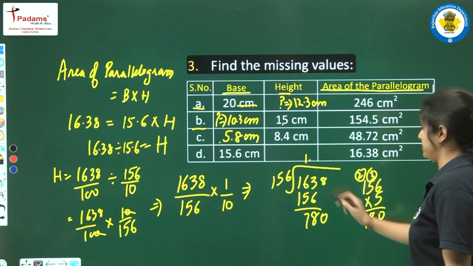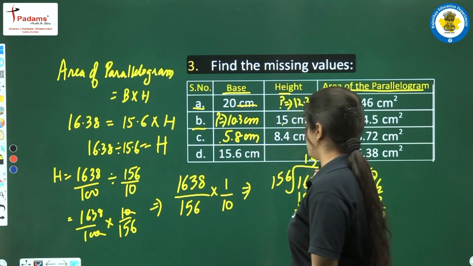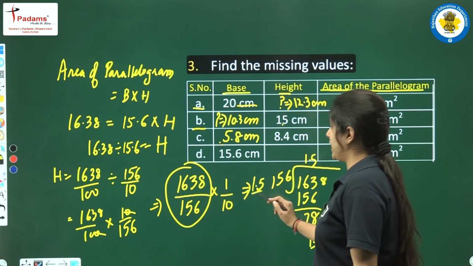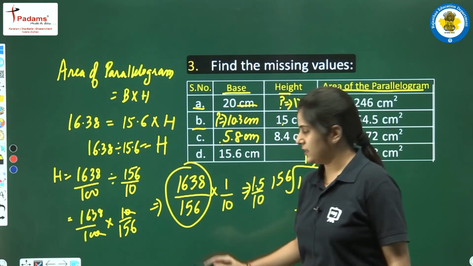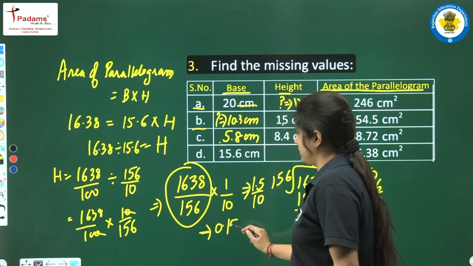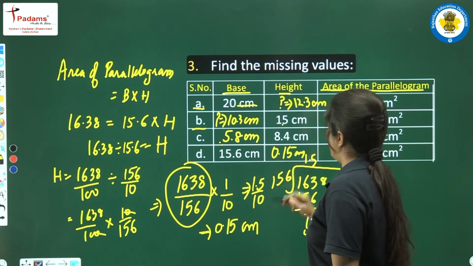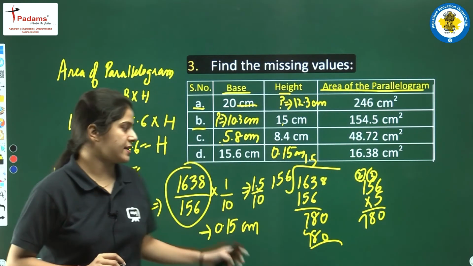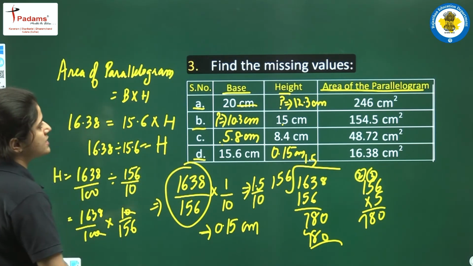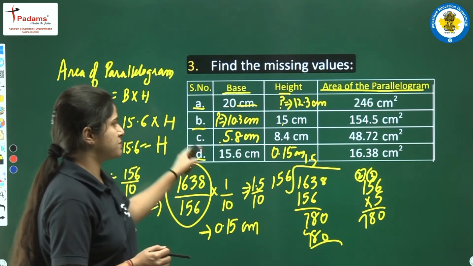2 7, देखिए 1.5 के टेबल पे ये खुद ही कैंसिल हो रहा है, ठीक है. 1.5 मतलब ये जो आ रहा है इसका वैल्यू क्या है, 1.5 ओवर 10. ओके, अब 1.5 ओवर 10 का मतलब हुआ स्टूडेंट्स 0.15. ओके, 0.15 सेंटीमीटर. This is your height. Okay, and this is the answer to this question, that is the part 4. Okay, so students, in this particular third question we have found out the missing values of this particular table.